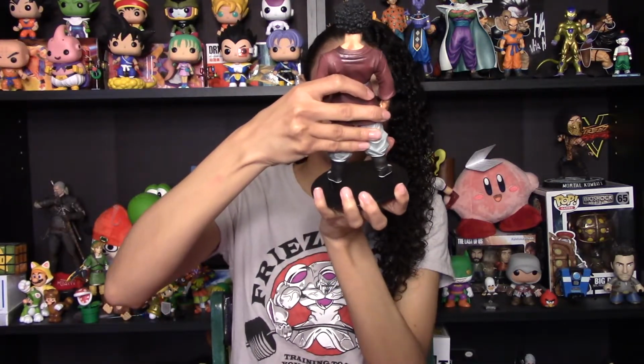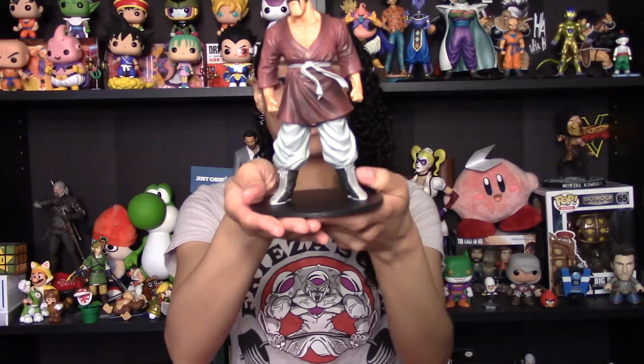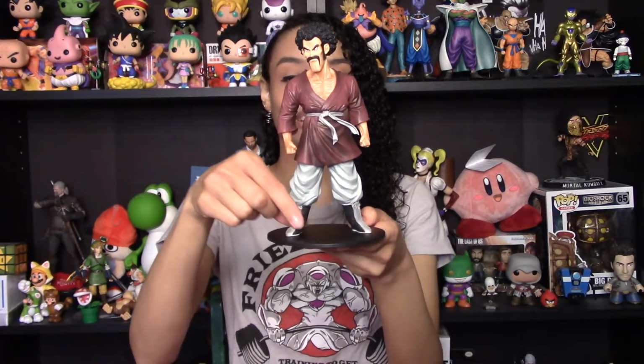Okay, well, this might be a puzzle. Sometimes it's hard to tell if the base actually does intend for you to put a certain foot on each part, and sometimes it's just a matter of setting it down very gently and testing to see, like, whoa, will that stretch to meet it or not? Give me one moment, I'm going to try to figure this out. Okay, I've determined that it does not matter which way his feet go on the base. He'll end up right about in the middle either way, and it's about the same. You have to stretch one leg just a little bit to get the right stance, and then he pops perfectly